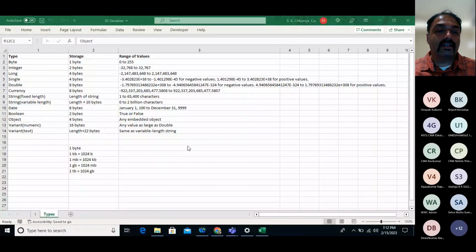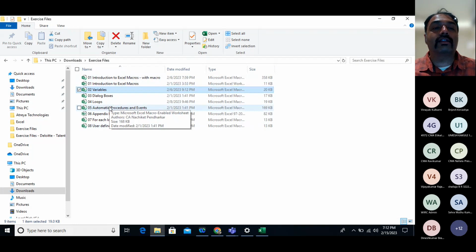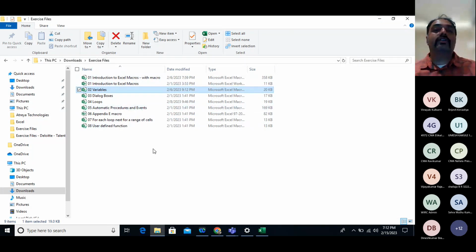So I'll just share my screen. Why is the entire screen not appearing? Okay, I think that's the desktop. Can you see my screen? I hope everyone can see my screen. So this is the variables file, one of the files that we had. We have finished a few files from here. I think till number 4 we have finished. So let us take up an activity